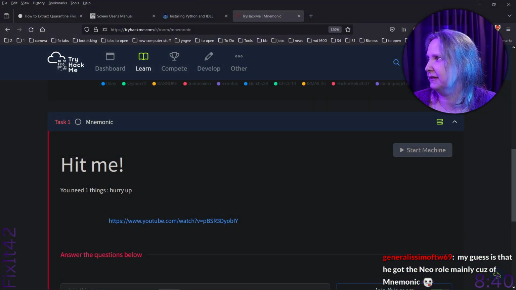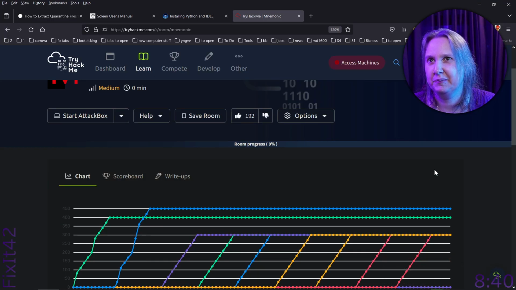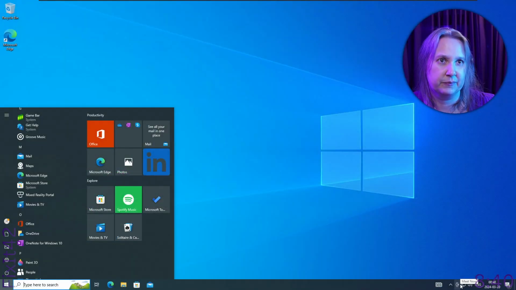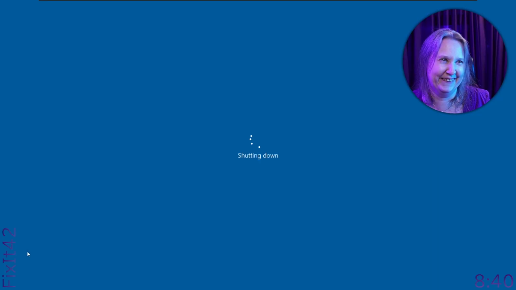Okay, I guess we need to join the room then. I've got this kind of zoomed in. Do you think this is a good resolution here? Of course, we need to stop the Windows virtual machine and start Kali. So let's do that. Bye bye Windows, I'm not sad to say goodbye. But we solved one step.